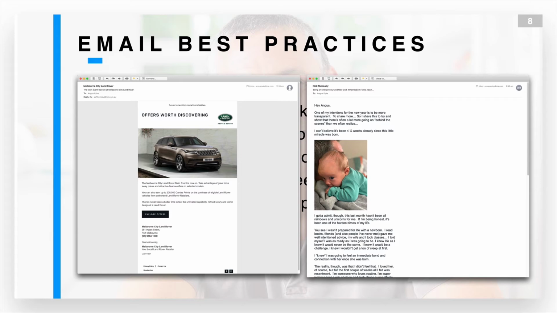So this email, if you didn't know any better, would look like Rick is a friend of mine. Inside it's got a picture of him cuddling his baby. That would relate to the story that he's telling inside of here as well. So this one is likely to get past my filter inside my brain that says this is an advertising message, and it makes it look like it's much more a message that's coming from a friend. So for best practices, we want our emails to look like that. Remember, this is a friend message that we're connecting with our patients as well. So think about that too.